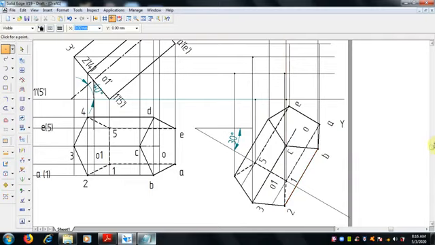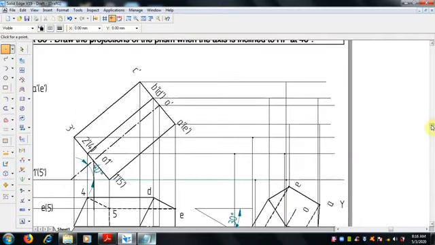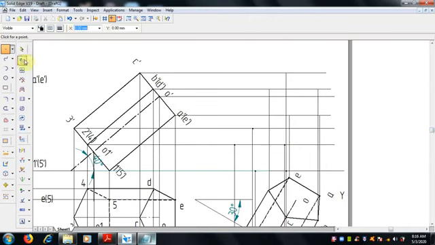Okay, just like that we have to make ABCD at the top also, so you can easily draw it. Where it meets A, here you can put it. B, C where it gets intersected, here it is. The D gets intersected here, and E gets intersected here.